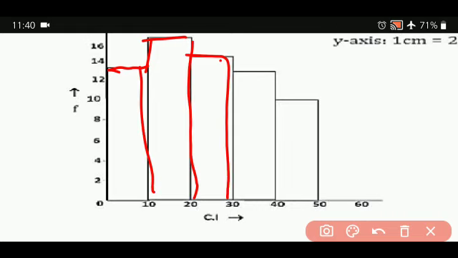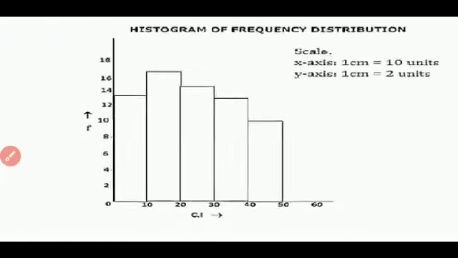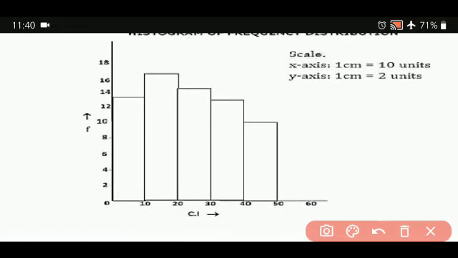In today's class, only one simple histogram I am doing. In the next class, I will teach you more. And very important, see, the scale is marked here. X axis 1 centimeter is equal to 10 units. Y axis 1 centimeter is equal to 2 units. It's very important. And you have the freedom to take the units of your choice. Of course, your choice means looking into the size of your graph sheet and what the data is, and see that you fit it systematically. You have the freedom to do it, and do it in a proper way.